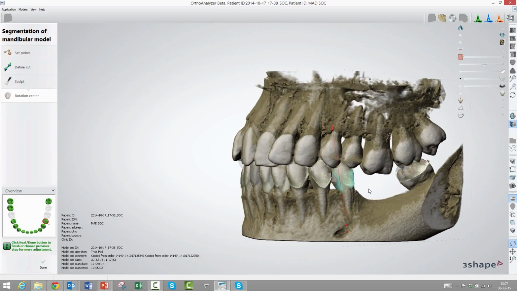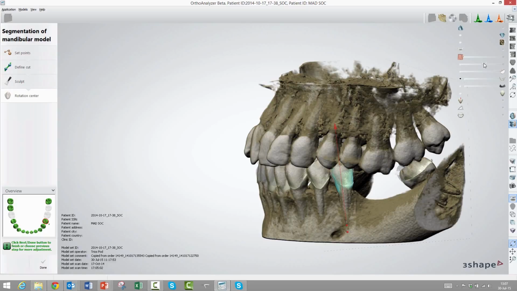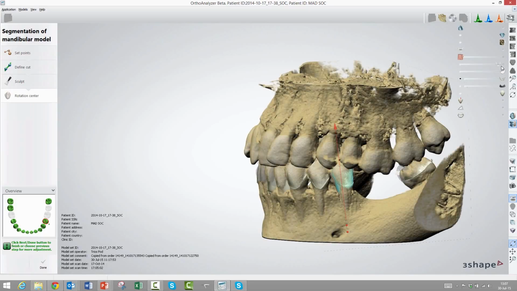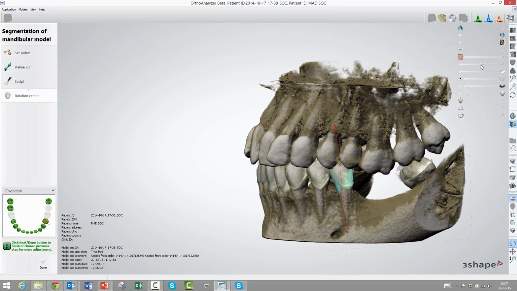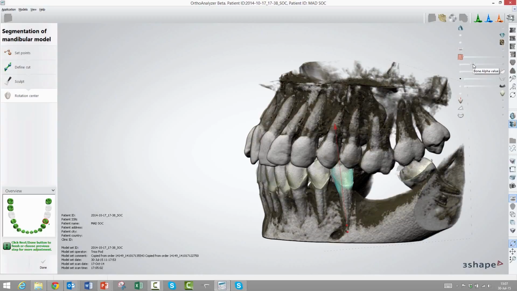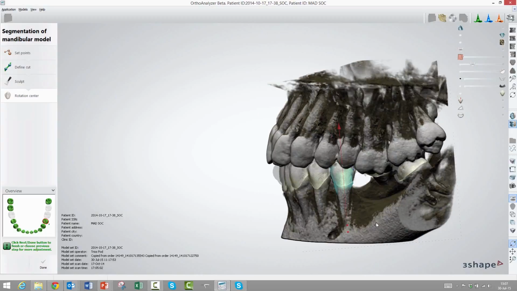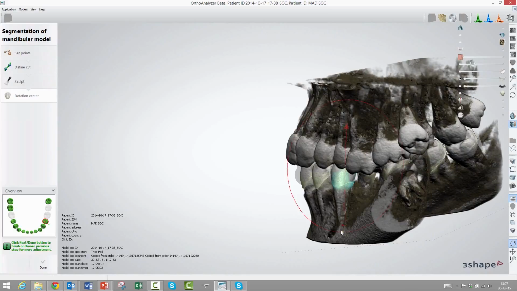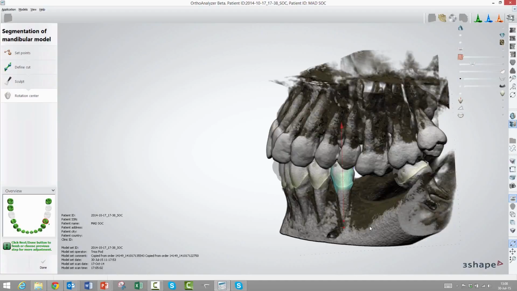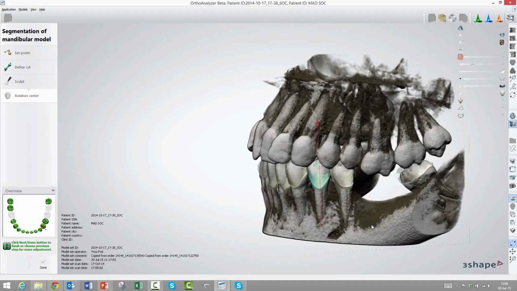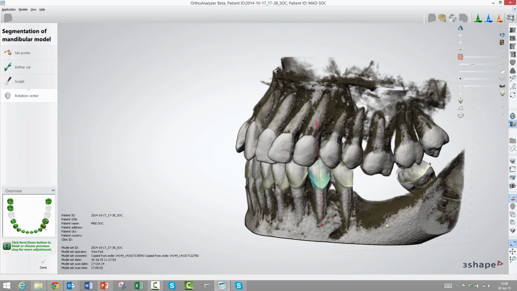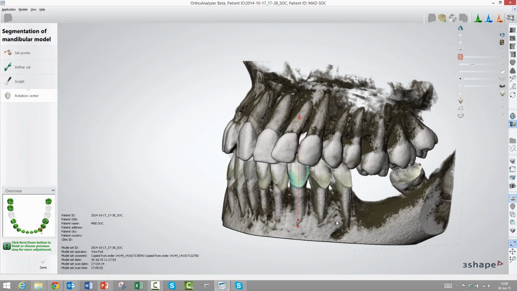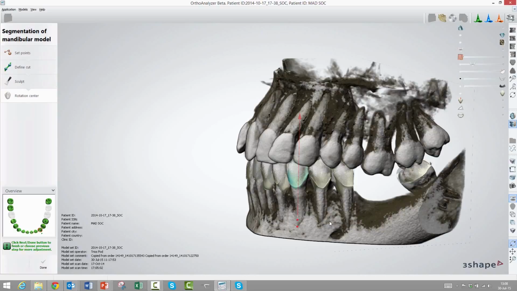So now I'm going to use the slider here. It's a possibility to make the bone a bit more see-through, so we can see the roots. That's a nice view. So see the views. You can actually go in from the side and move it and place the rotation center exactly where you would like it to be, and you can use the arrows on the keyboard to jump to the next tooth. So if you have a tooth you want to align from the side as well,